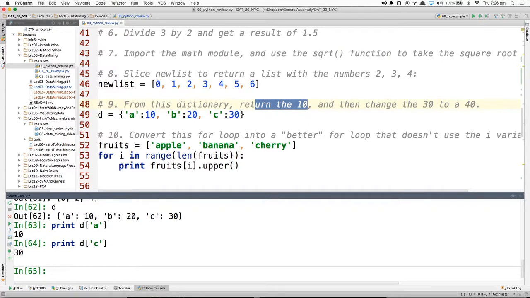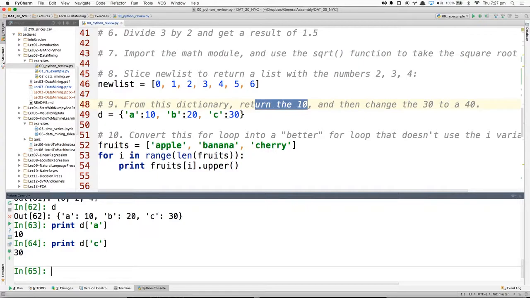So I talked about last class the concept of mutable objects. Not every object is mutable in Python. Strings are immutable. In other words, once I declare them, I can't actually change them. If I want to change them internally, Python will recreate the modified version of the object. Dictionaries, on the other hand, are mutable.